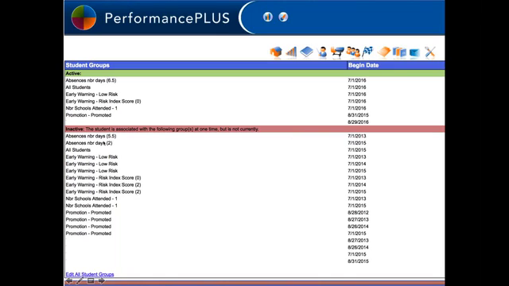And that's interesting information because if you see a student has attended more than two schools, there could be some loss of content knowledge. And here you can see in 2013, the student was absent 5.5 days. 2015, they were absent 2 days. But this information is updated at the end of the year. So if the student's absent 13 days at the beginning of the school year, you won't know that until everything is updated at the end of the year. So these are the groups that they're in.